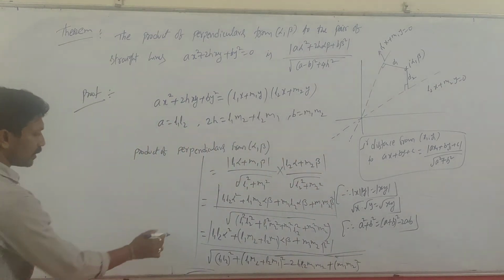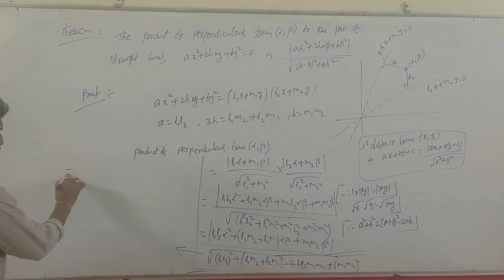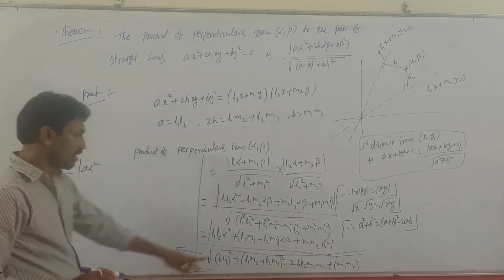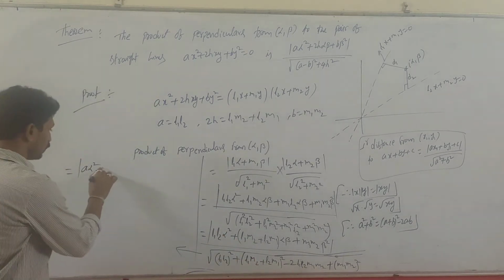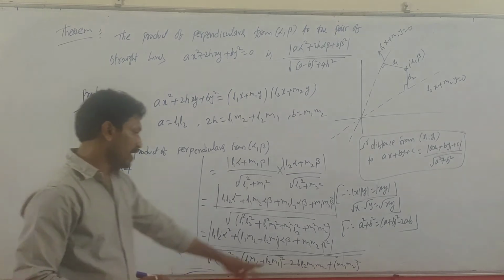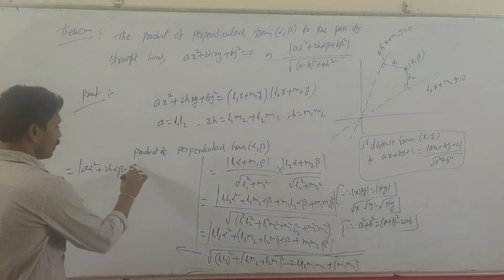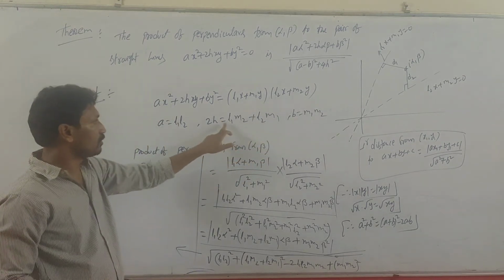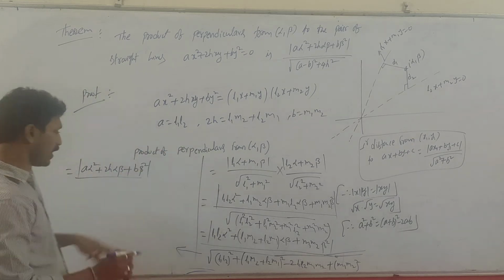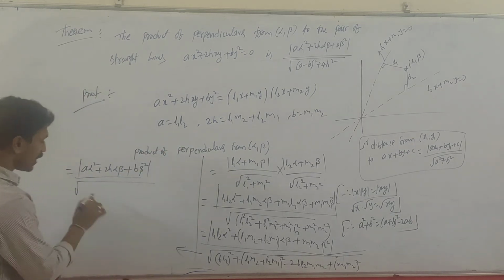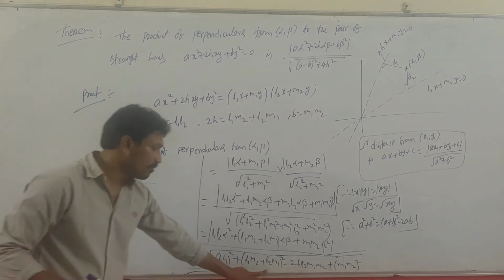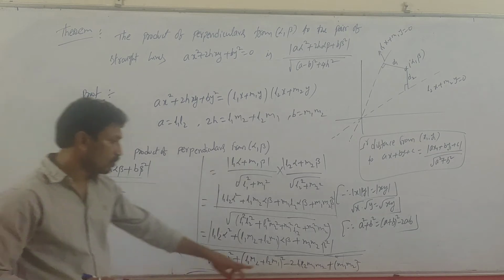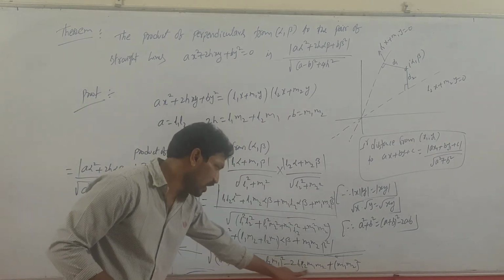Okay. So now I am continuing on this side. This is equal to, numerator you can write as L1 L2 as A alpha square, plus L1 M2 plus L2 M1, 2H alpha beta, plus M1 M2 beta square, that is B beta square, because M1 M2 is B. This is 2H. This one A by. Now denominator L1 M2 whole square, that is A square. L1 M2 plus L2 M1 means 2H whole square minus 2 L1 L2 M1 M2. I have written in the order.